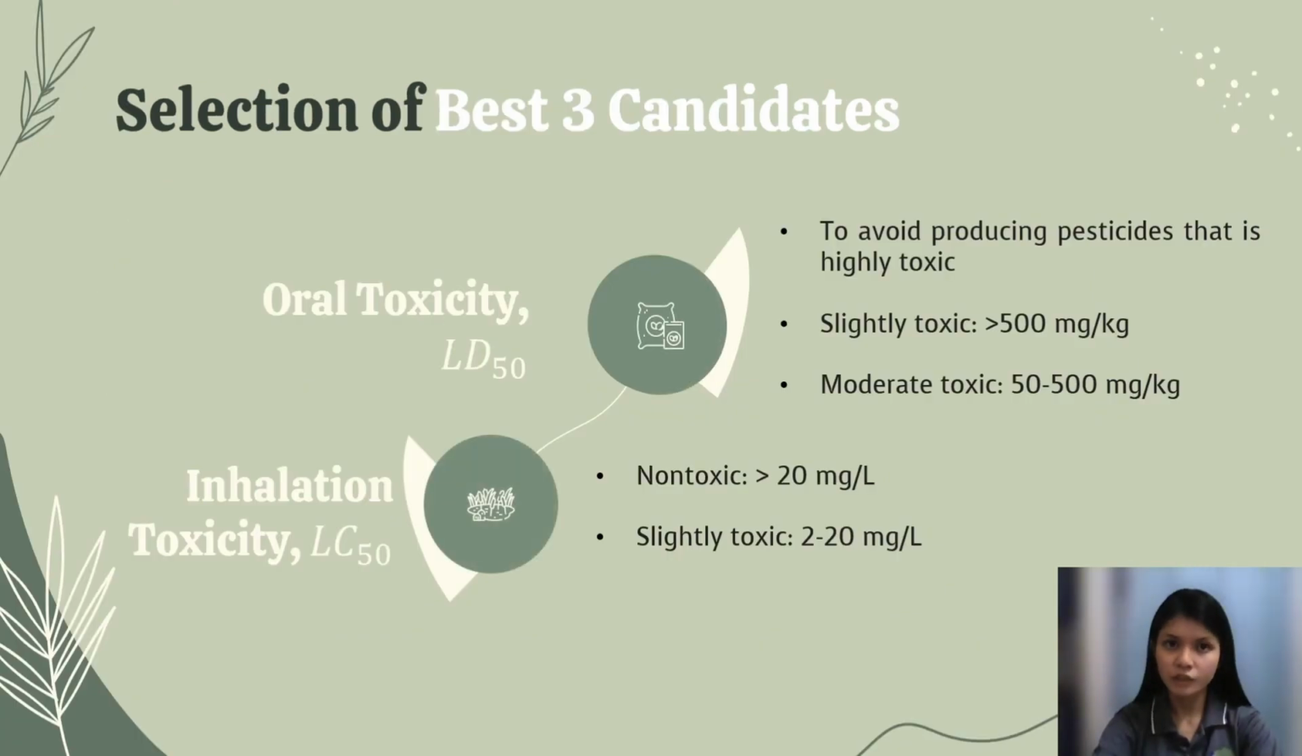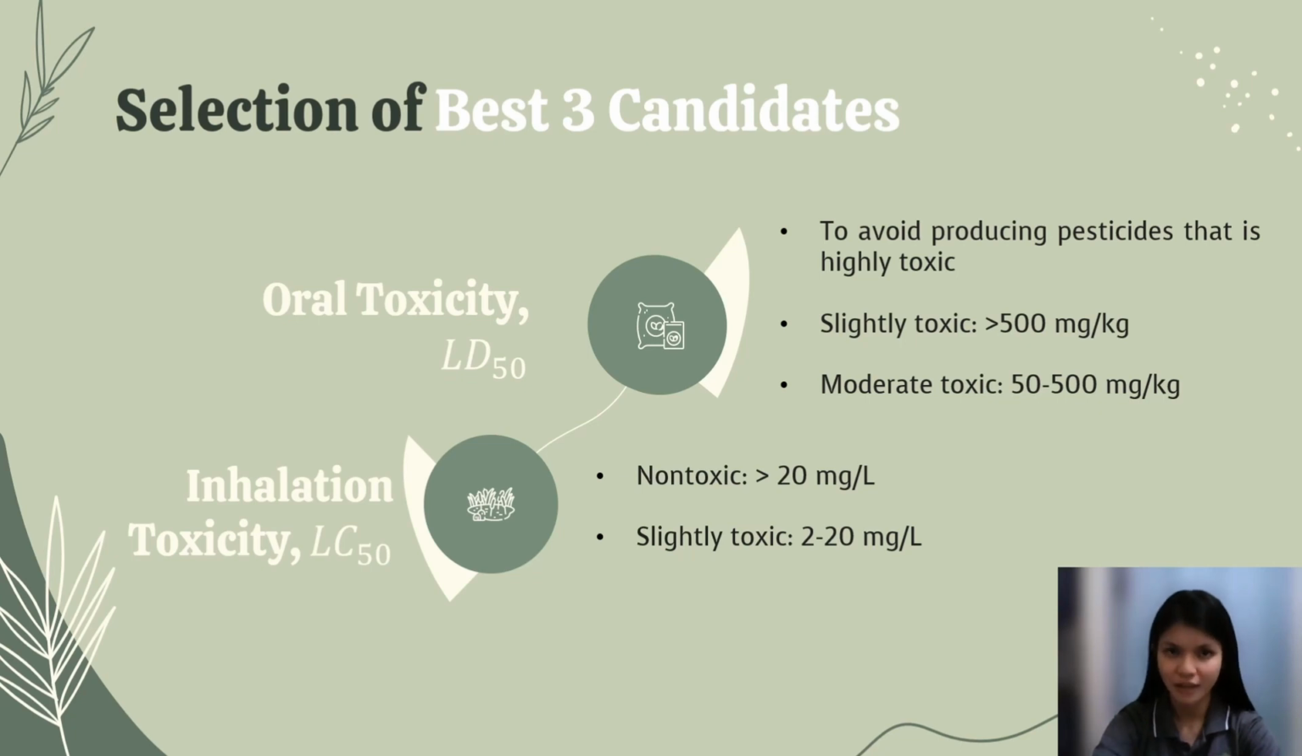Next, we are going to select the best 3 candidates among these 10 possible candidates. There are some properties that will be considered. Firstly, oral toxicity. This is to avoid producing pesticide that is highly toxic, which can cause severe symptoms of poisoning with a small dose. In order to produce active ingredients with slightly toxic, the value of oral toxicity must be greater than 500 mg per kg, while a moderately toxic active ingredient will have a value between 50 to 500